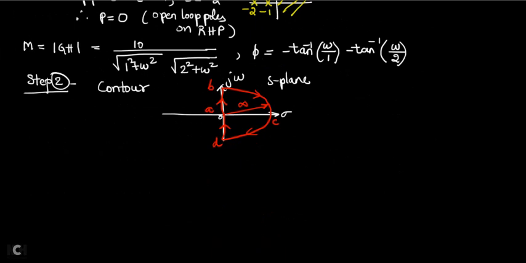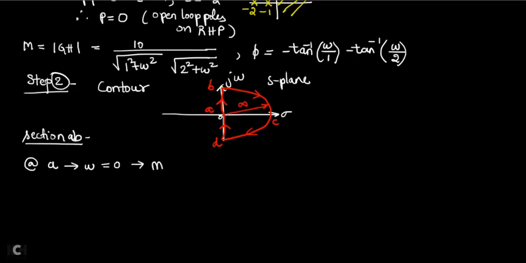Now after taking the contour, first I have to convert the section A to B. So first write section AB. First I am going to take section A to B. Where is the A to B section? Here, A to B. I am going to convert this section A to B into its equivalent Nyquist plot. See, section A to B, what is the A value? At point A, what is the omega value? A is at the origin, so omega is equal to 0.